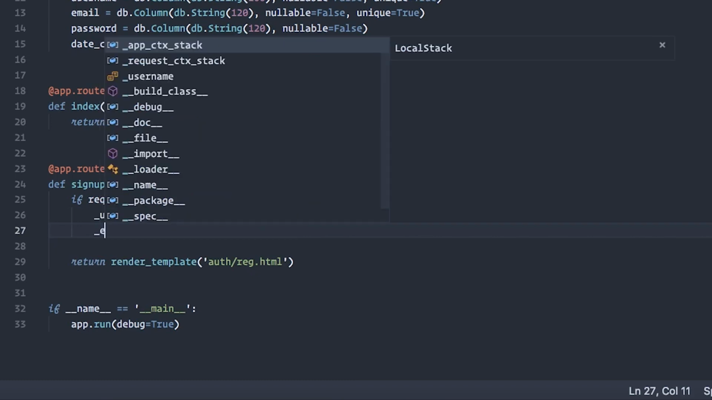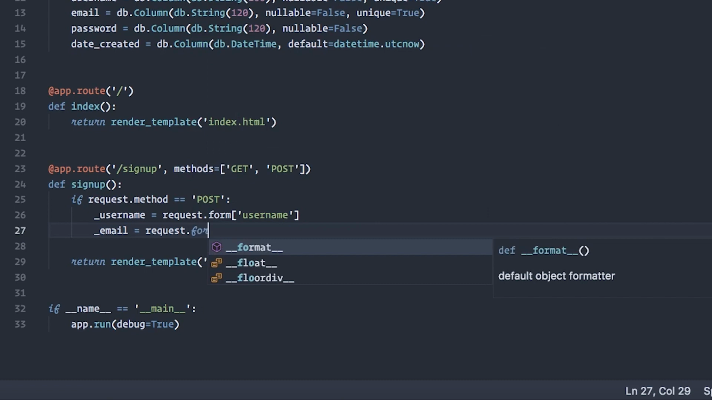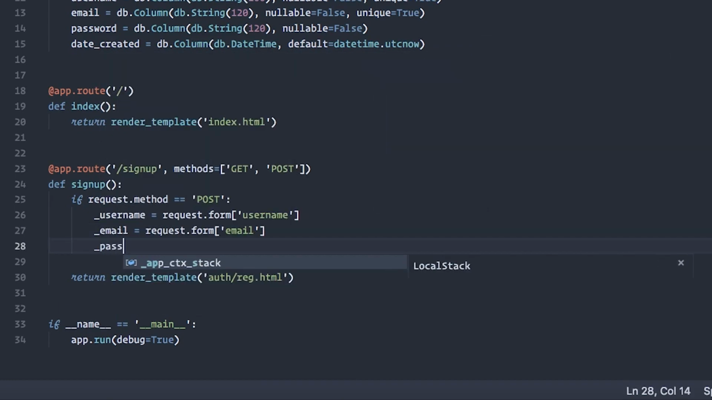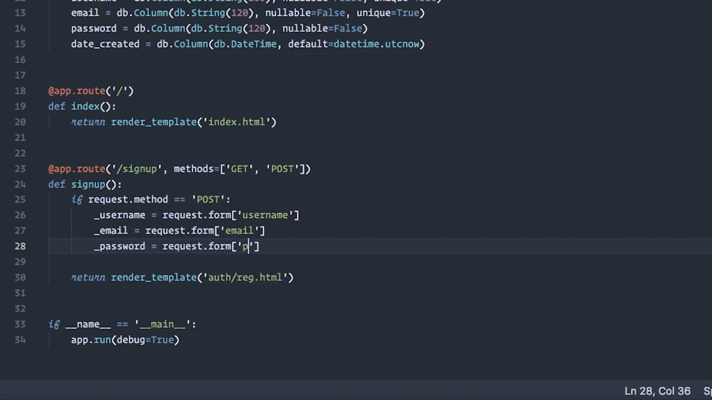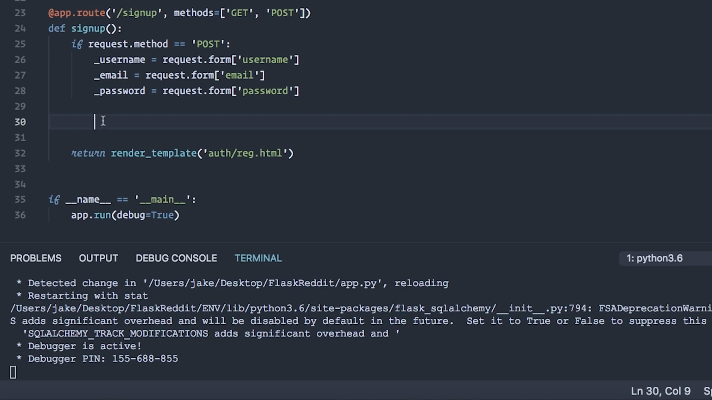So let's go ahead and set up our email one. Same deal. We just called it email, so there we go. And then our password one. Password. All right. In my last tutorial, I believe I briefly mentioned that when we go to store our password